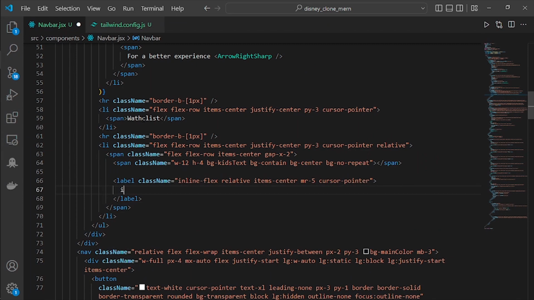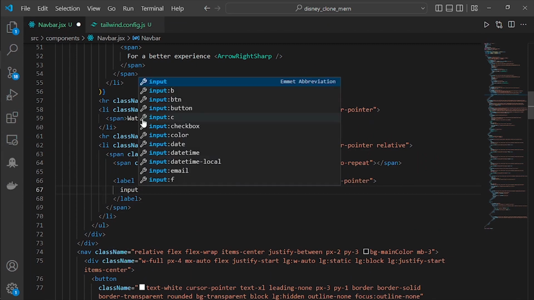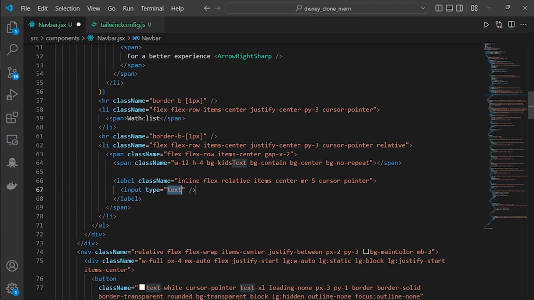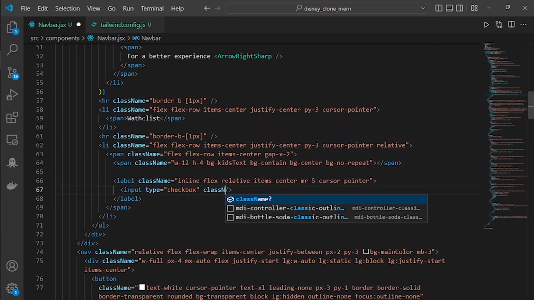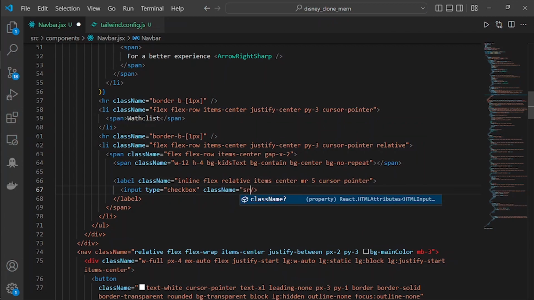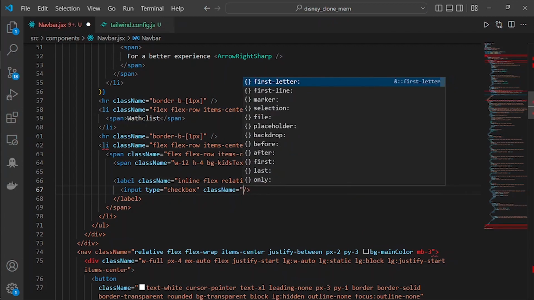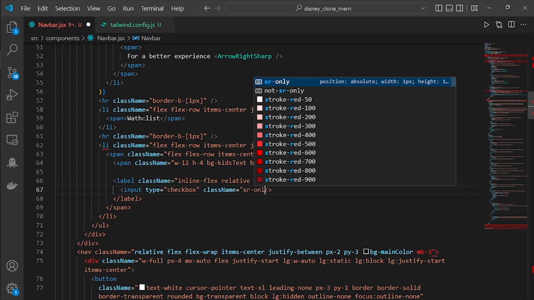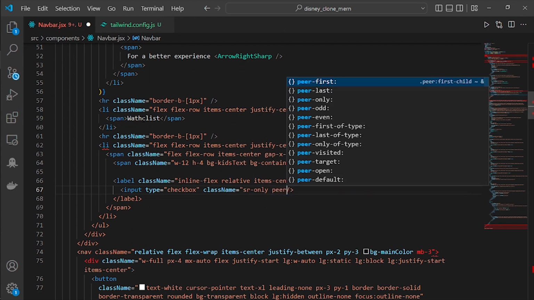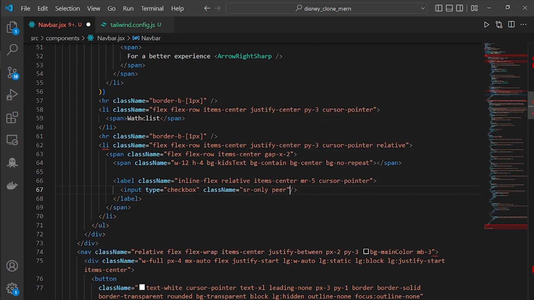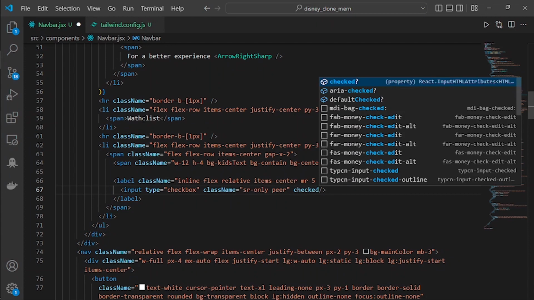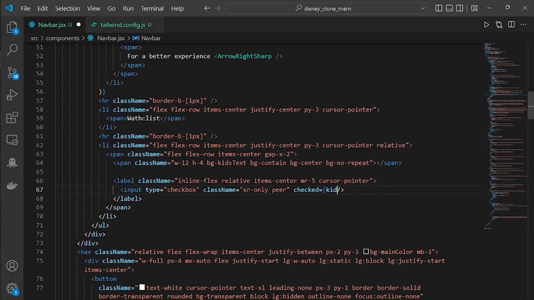Now inside of here I'm going to make an input with a type of checkbox, with a class name equal to sr only, and a new class is peer. Checked is equal to kid mode,